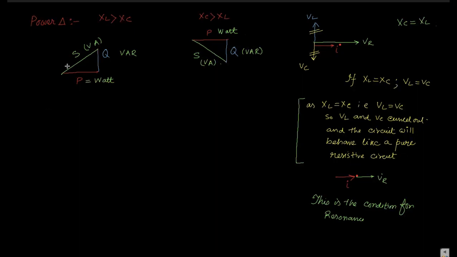So this is the power triangle, this is obviously phi, this is obviously phi. So what is the power factor? Last part, that is the calculation of power factor. Power factor is defined as the cosine of the angle between the voltage and current, the cosine of the angle between V and I. So power factor is nothing but cos phi, we know.